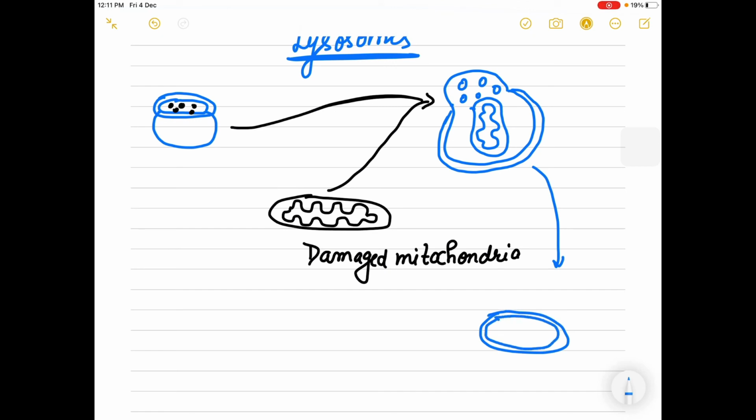So in this lysosome now the mitochondria is digested with the help of the digestive enzyme. This step is known as digestion, and this is the vesicle containing